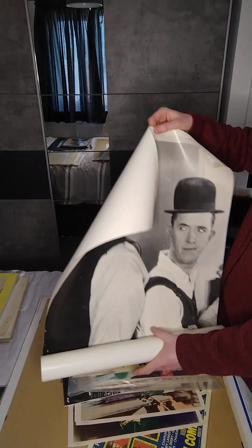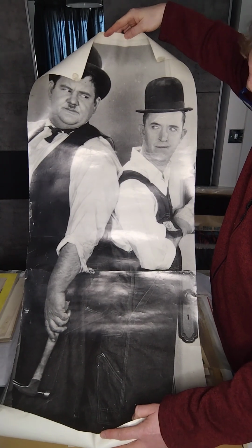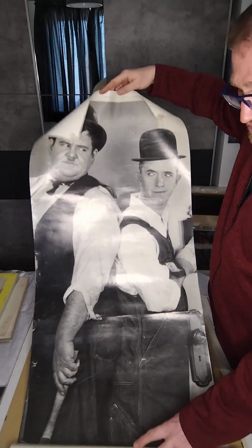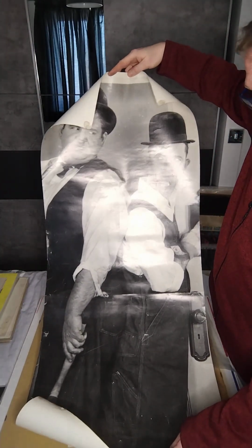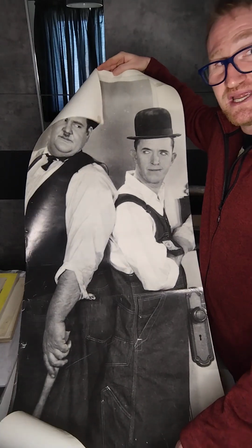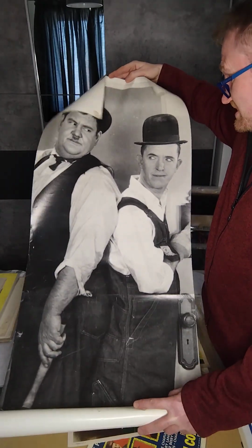This isn't an old one, but this is one going back to when I first started. I probably got this poster when I was about 10 or 11 years old, and this is a door poster, as you can see from the finishing touch. I absolutely loved this poster on my bedroom door, and it used to hang up there for years and years. Even when you have posters that are reproductions, or not original cinema posters, ones you bought from your childhood, all of a sudden they become older and collectible. Even if they look really worn and tired, that gives them character as really great posters. It's such a joy to still have them, and I'm glad I never got rid of them. This was a good memory for me, because this is when it all started, collecting Laurel and Hardy and